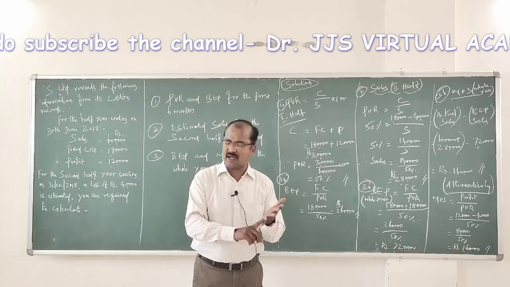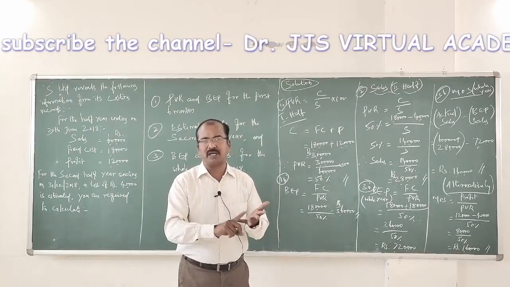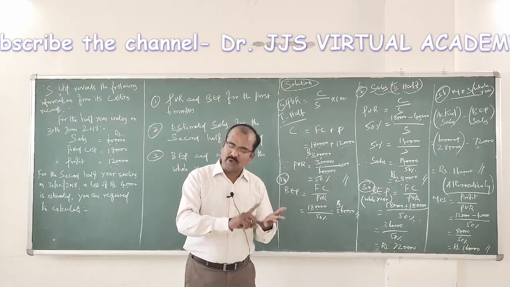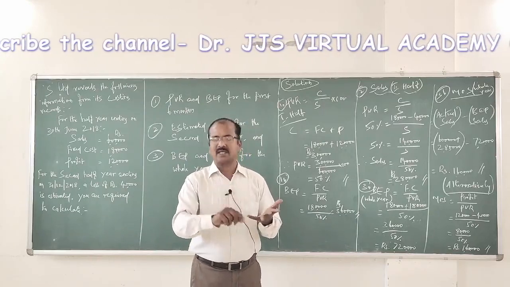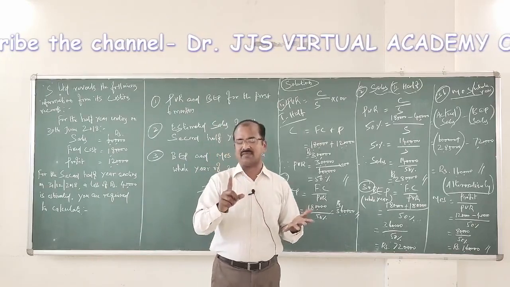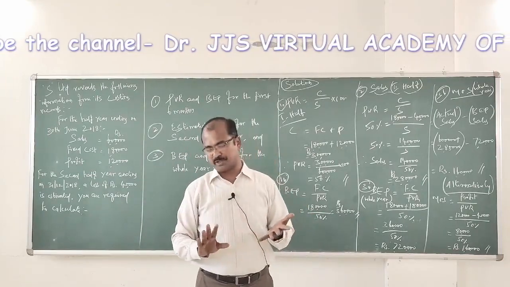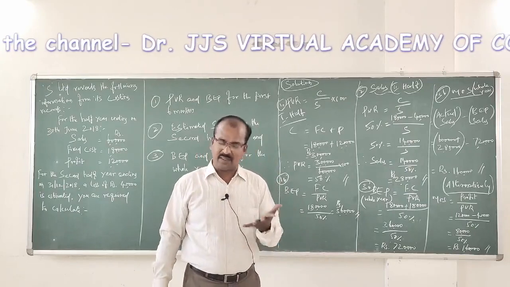We know PVR is 50% for the second half of the year also. Contribution divided by sales into 100 is the formula for PVR. We could easily calculate contribution. How? Fixed cost for the second half of the year shall also be the same 1,80,000 rupees. The estimated loss for the second half of the year is given.